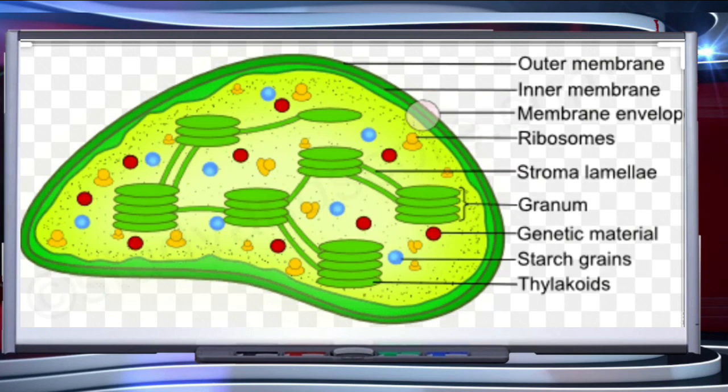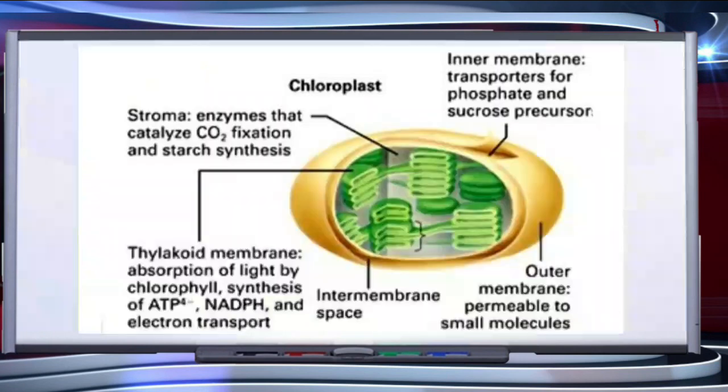There is a clear division of labor within the chloroplast. The membrane system is responsible for the photochemical phase, where synthesis of ATP and NADPH occurs. These reactions are directly light-dependent reactions, so we call them light reactions.